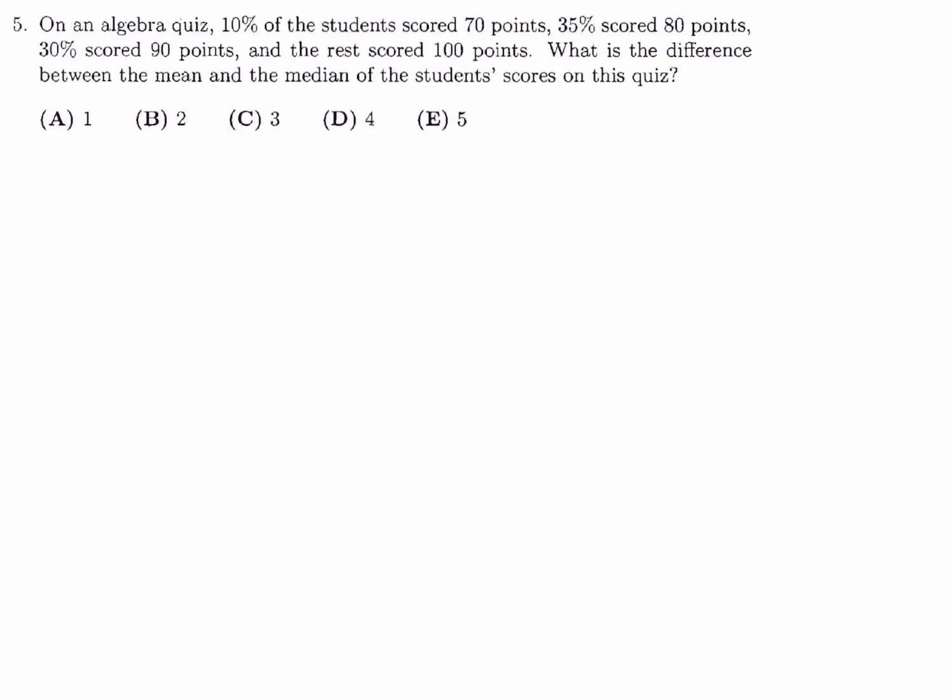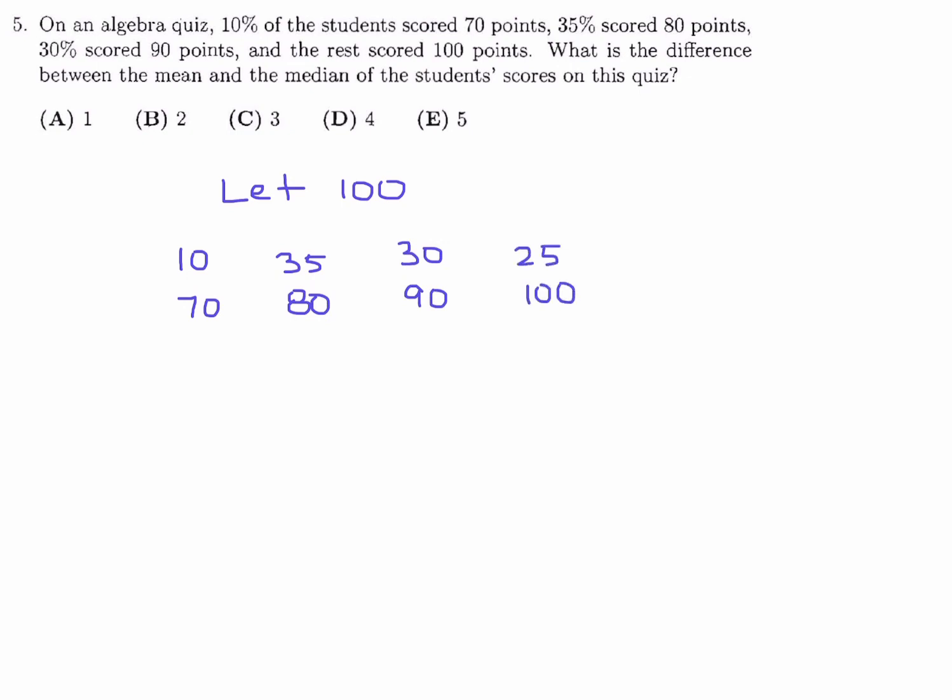On an algebra quiz, 10% of the students scored 70 points, 35% scored 80 points, 30% scored 90, and the rest scored 100 points. What is the difference between the mean and the median of the students' scores on this quiz? Let's say there's 100 students. So 10 of those students scored 70, 35 scored 80, 30 scored 90, and the remaining, which is 25, scored